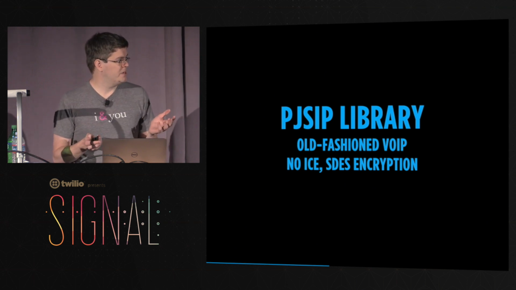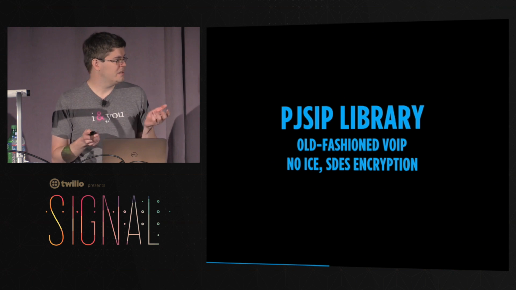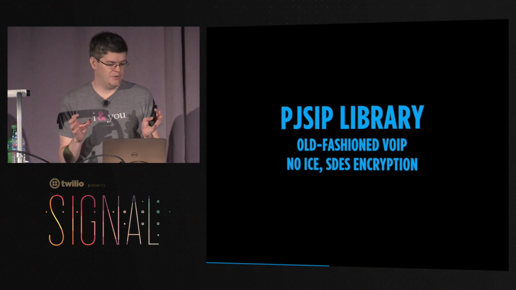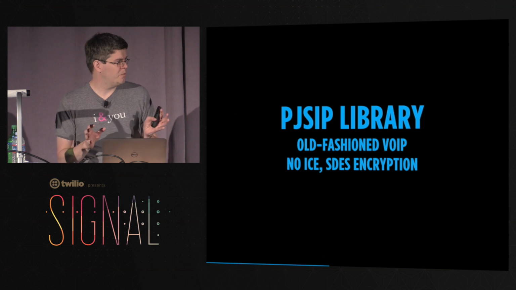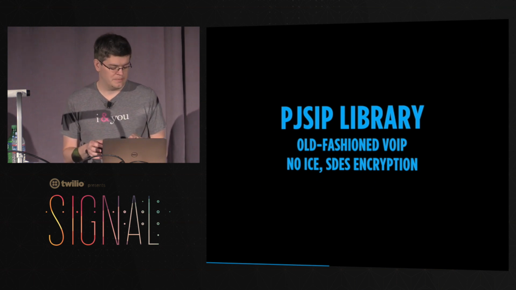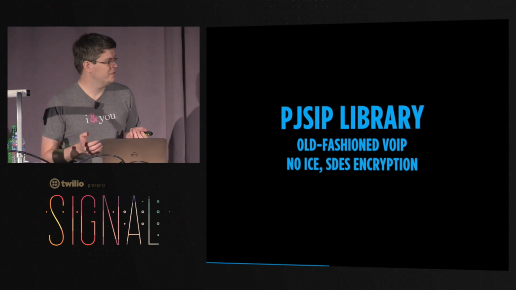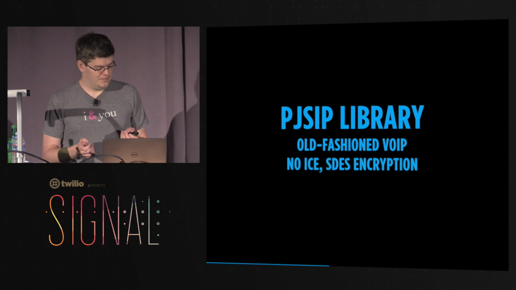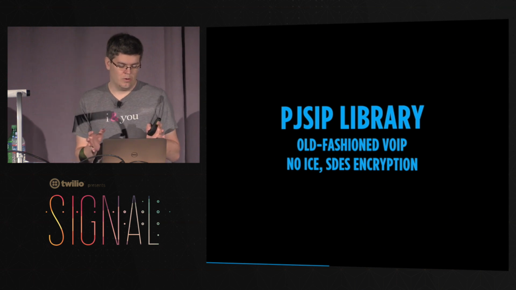But unlike WebRTC, it doesn't use the interactive connectivity establishment protocol for breaking through NATs. It's using the somewhat older STUN mechanisms, and it is using the old security description for encryption,